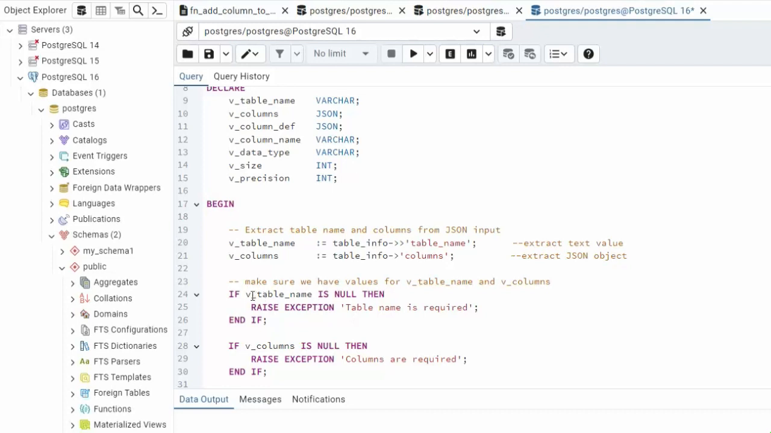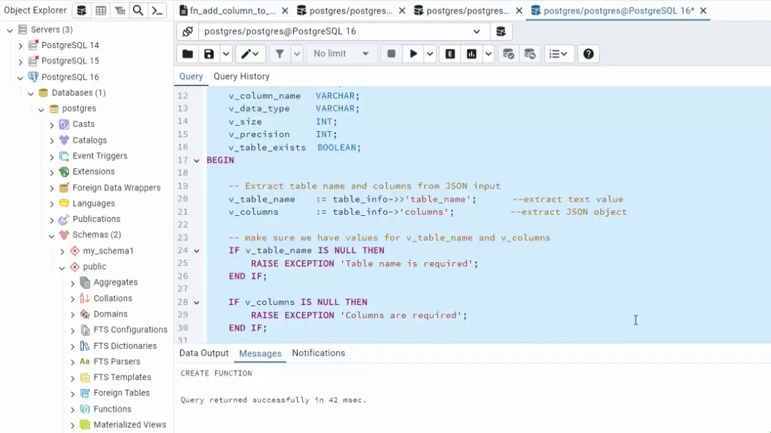Let's make sure that v_table_name and v_columns actually have values. Now if they don't have values, we can't continue. We're going to raise an exception and get out of here. Now what we're going to do is one more test, and we're going to make sure that the table exists. So right now I'm checking my JSON. Hey, does the JSON have a table name? Does it have some columns? Okay, that's cool. But now,